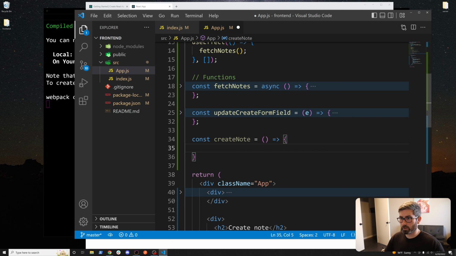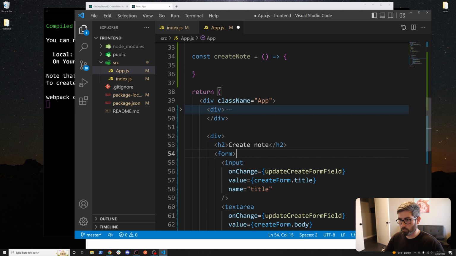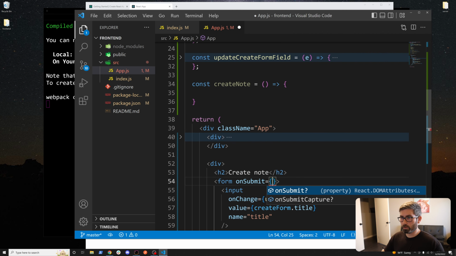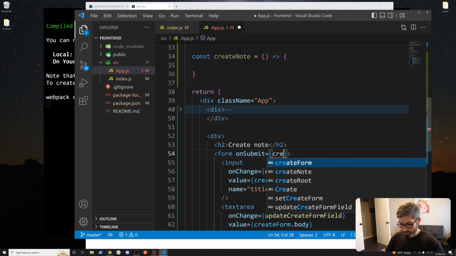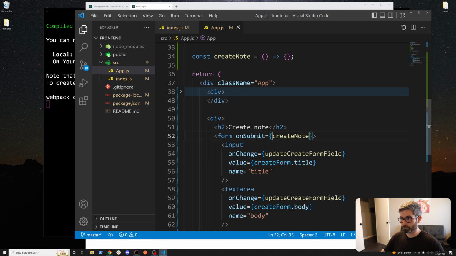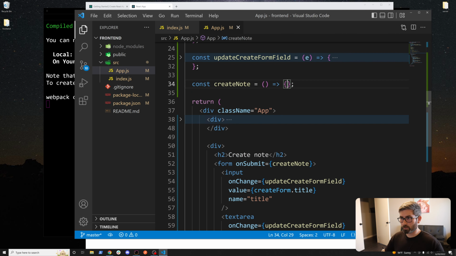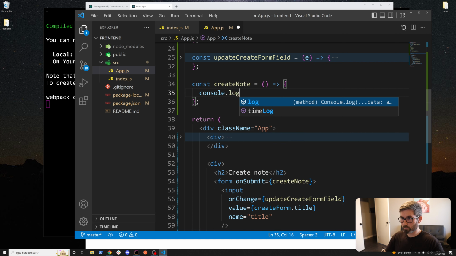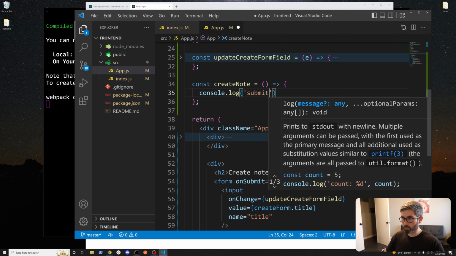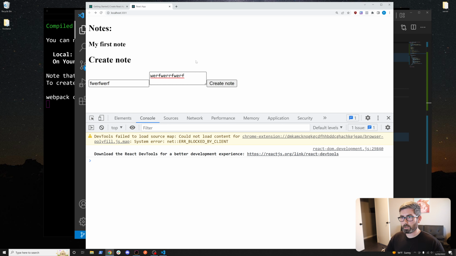And then we're gonna hook this function up to our form here. So we can go to form, we'll go on submit, and then we paste in our function that we wanna run on submit. So create note. And then let's just do a console.log. Submit. Let's go back here, and now when we hit submit, it's refreshing the page because that's how HTML forms